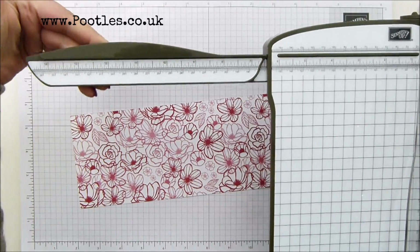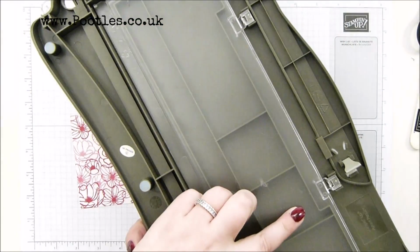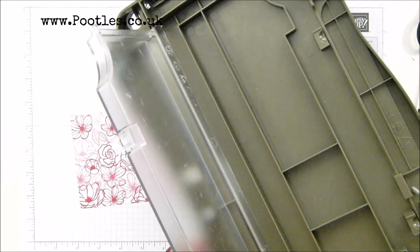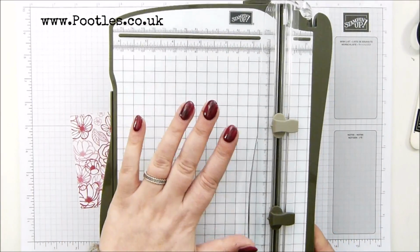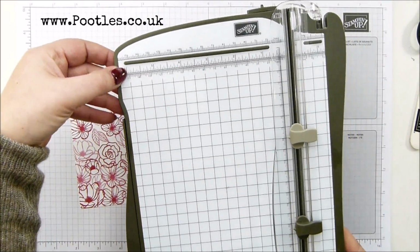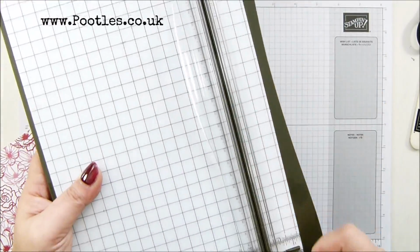It's got an extension arm, so you can go up to 14 inches, 36 centimetres. You fold it over, it's got bits that pop out here for storage, so you can keep spare blades in it, bone folders, scissors, all sorts. Absolutely love this, and it's got a really good footprint for when it's actually closed. It's 6 inches, well, more than 6 inches, more than 15 centimetres. Absolutely love it. This is my scoring blade, this is my cutting blade, so I'm going to get that right